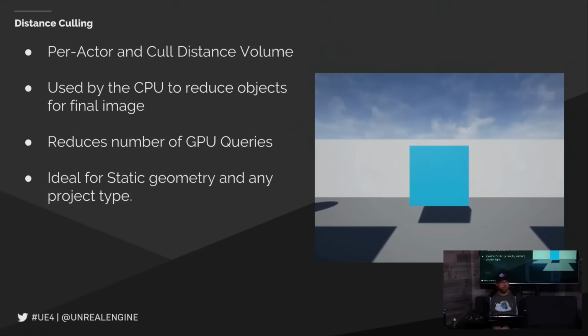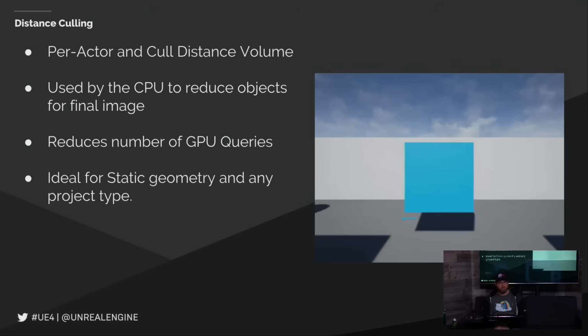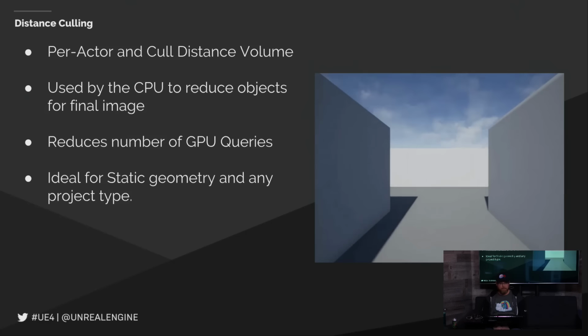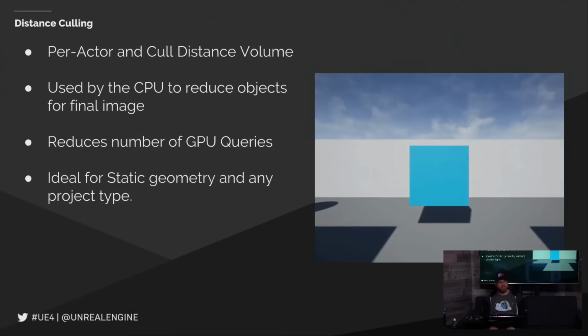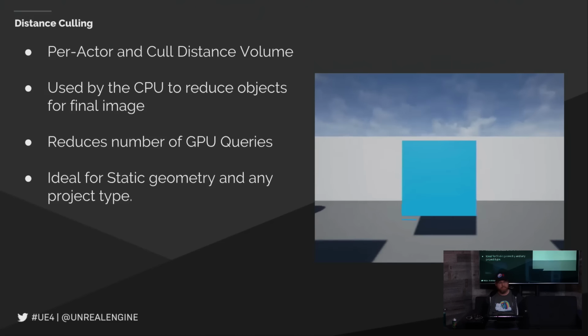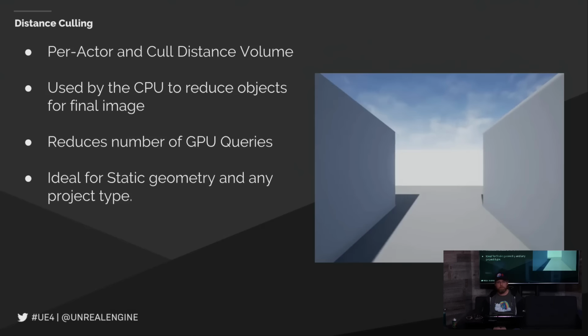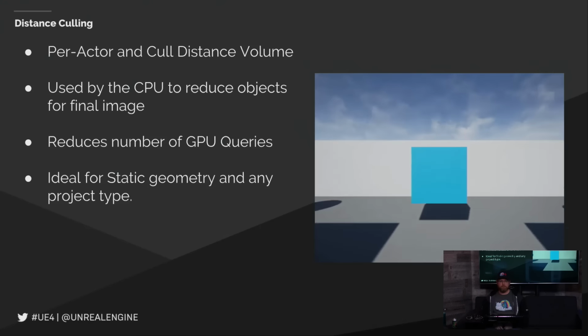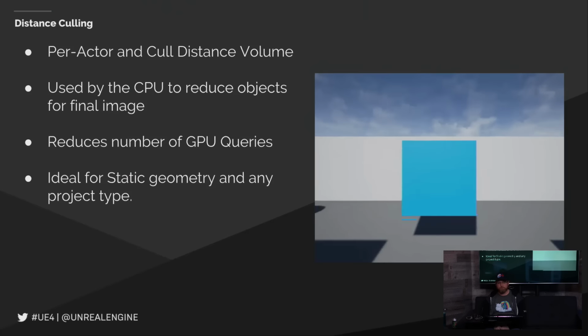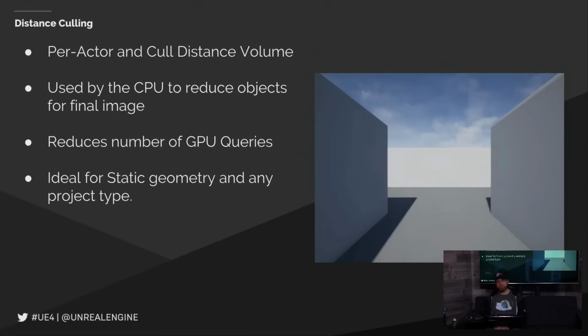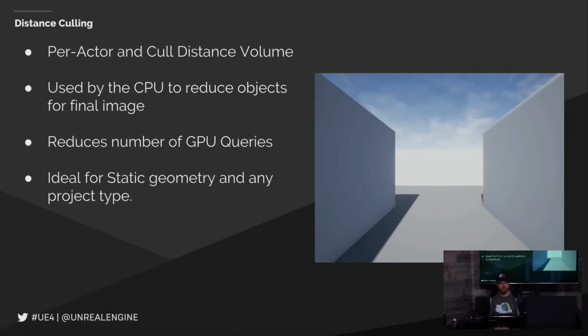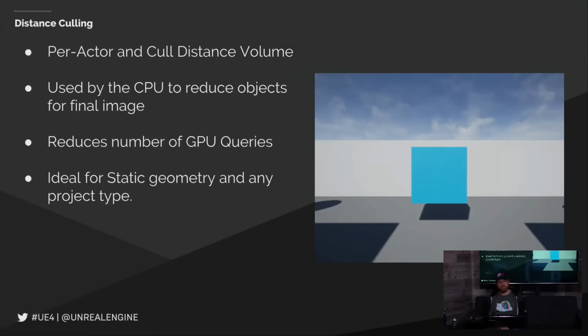We actually use that in Fortnite quite a bit for lights, and we use it for a lot of other actors. Not on everything, because then you don't want all your objects disappearing, but smaller things that are at a distance you don't necessarily care about or can't see that detail of. It's really beneficial to go ahead and just remove those from the scene. And again, this one uses CPU to reduce the object, so you're not bogging your GPU down later on in the process, and you're kind of spreading things out there.